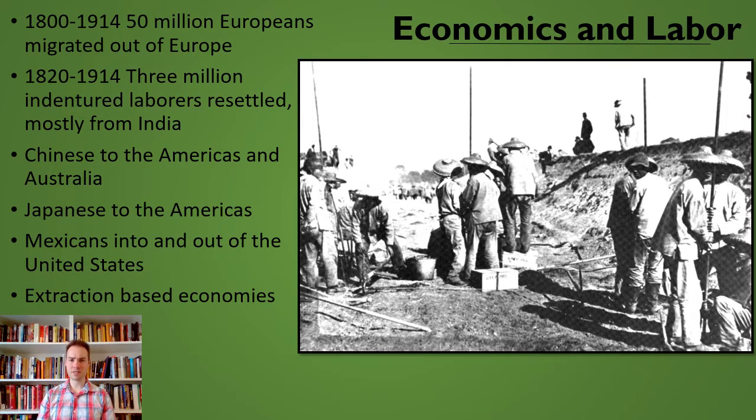During the same time, about 3 million Indians were resettled by the British. These were indentured laborers. So India had lots and lots of people. The British had fought to end slavery when it was no longer lucrative for them, and they still needed lots of laborers to work around the world for them as part of their empire. So they took people from South Asia, took them to the Pacific, took them to the Caribbean. They took Chinese to Louisiana. They moved people all around and used them as a form of labor.